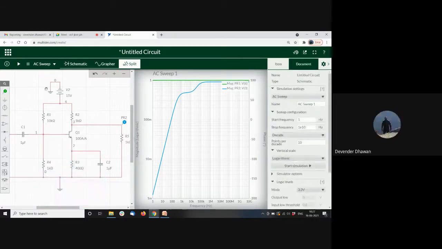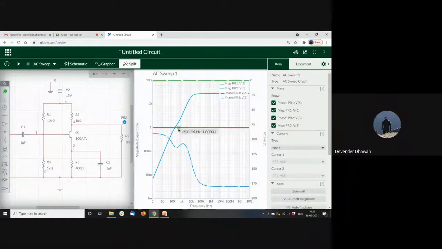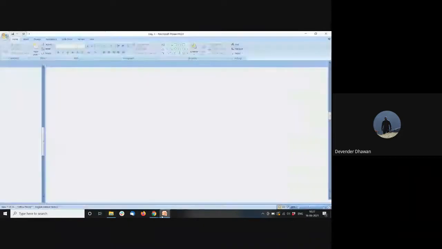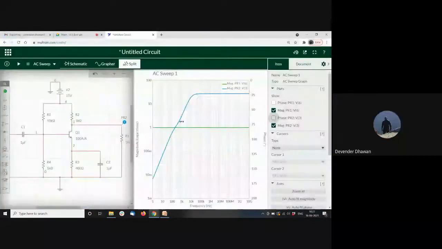Okay, so if I do that now and if I run the AC sweep again, you see now in this case my output surpasses. Anyway, that was just the calculation thing. We did not put any particular resistance value, we just used random numbers. So basically the DC operating point changed, I guess. That way we could achieve this amplification.